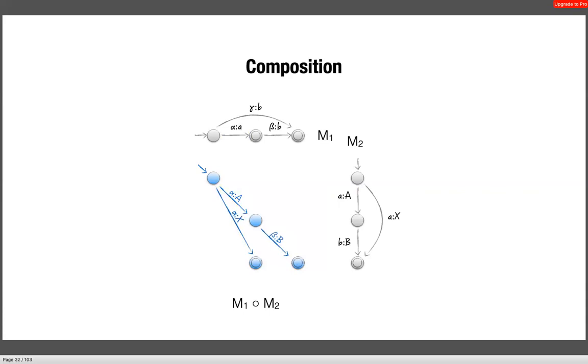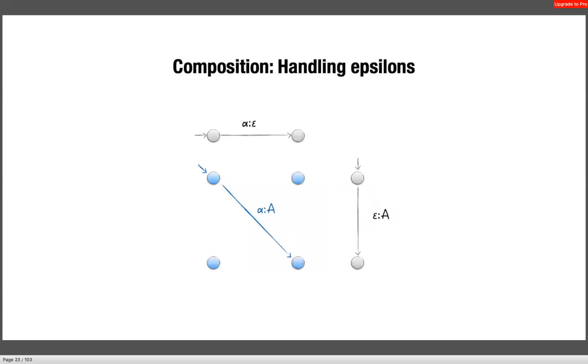Now things get more interesting when you have to handle epsilons. This is when the machine M1 has output epsilon labels, or the machine M2 has input epsilon labels. That's when things get interesting. So say that now I'm just going to deal with these very simple two machines which just have a single transition, but this transition has an epsilon symbol as its output in M1 and an epsilon symbol as its input in M2. So what is the resulting transition that I would expect to see in my composed machine? This kind of diagonal transition,